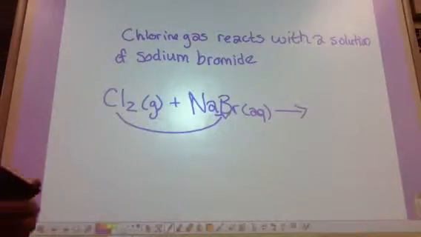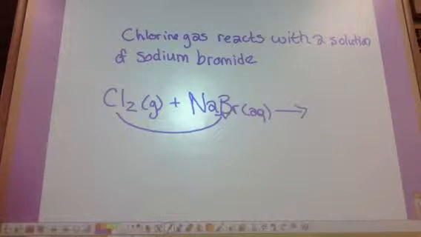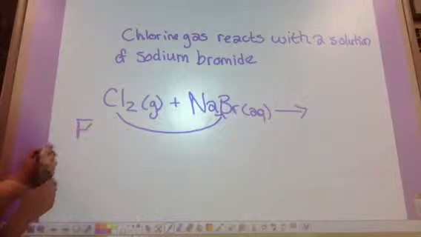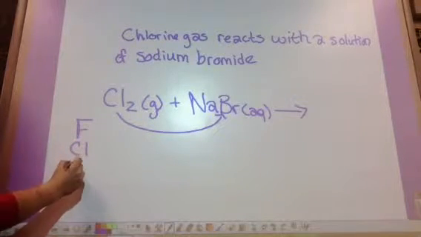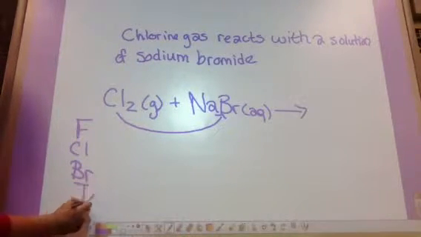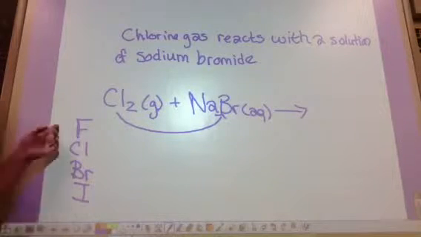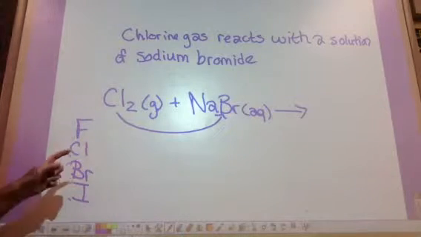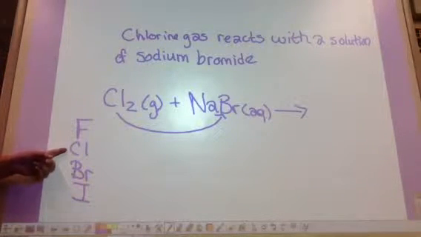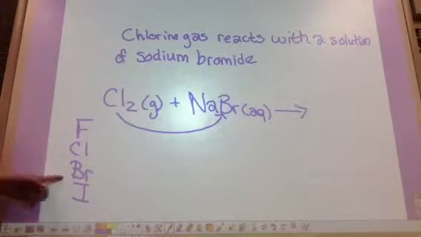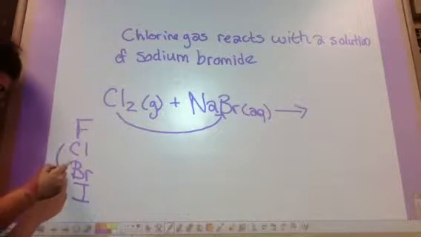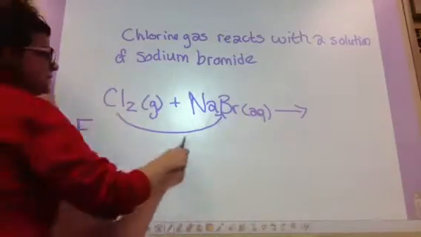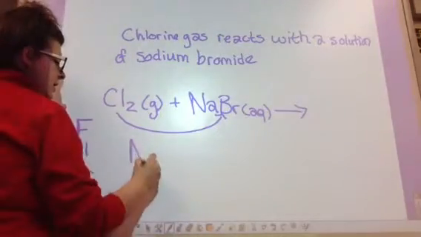I would look at that fantastic periodic table, and I know that the halogens go fluorine, chlorine, bromine, iodine. They're going to do the same thing as what that activity series of metals does. Chlorine wants to kick out bromine, and it is above it on the list. So chlorine could successfully kick out bromine, and it will. So if chlorine takes the place of bromine, I'm going to get